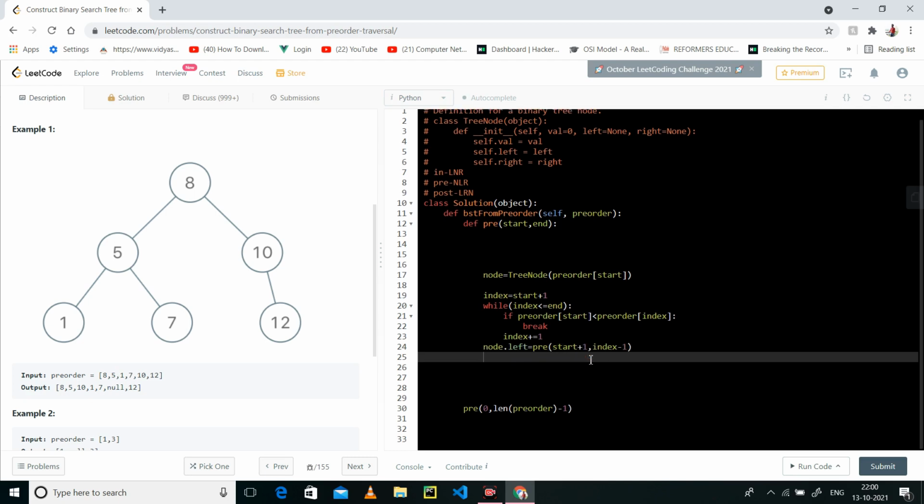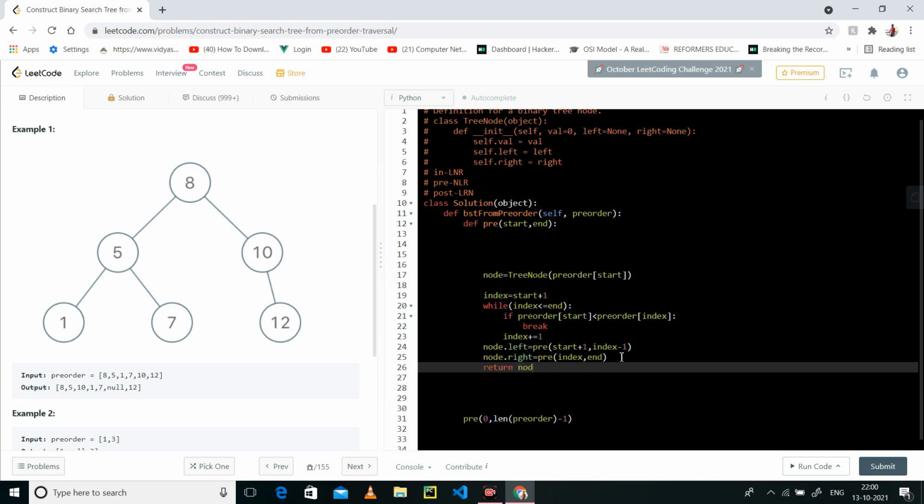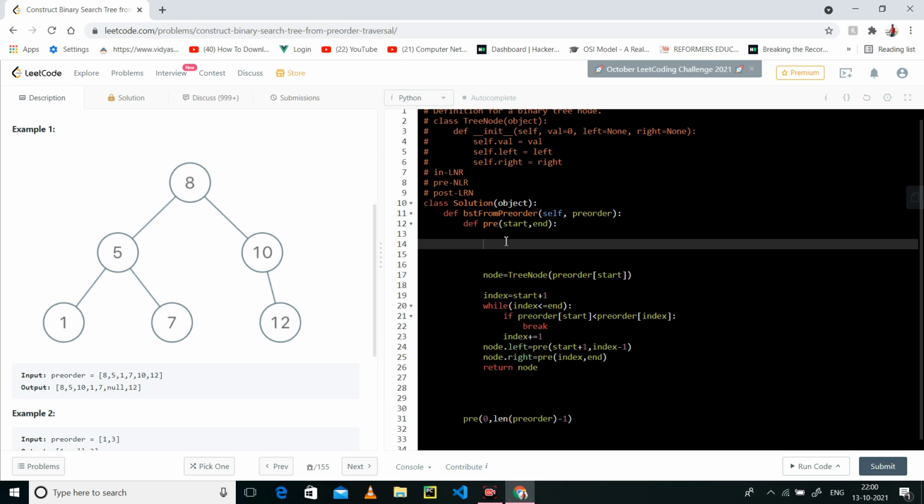And what is right? Right is pre, starting from index and it will go till end. We have to return the node. And if your end is less than start, then you have to just return None.